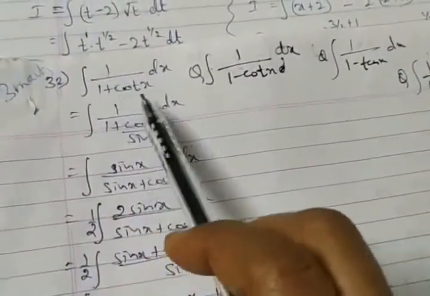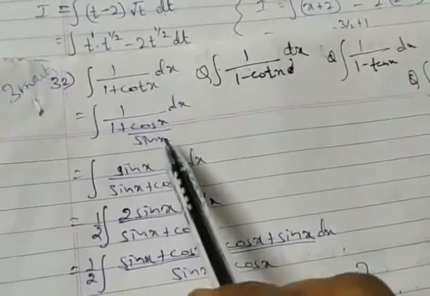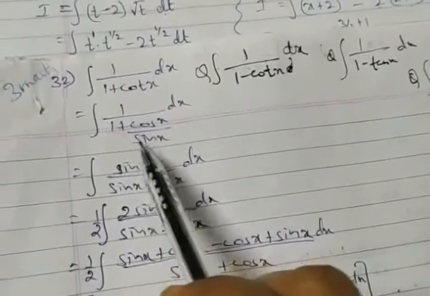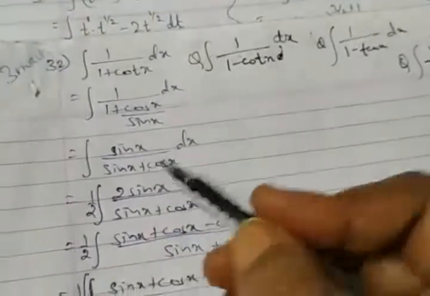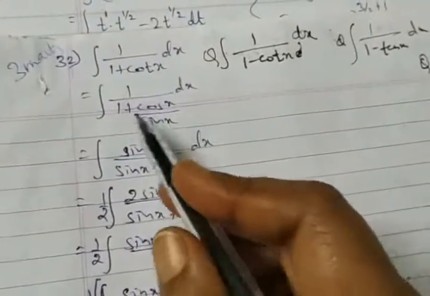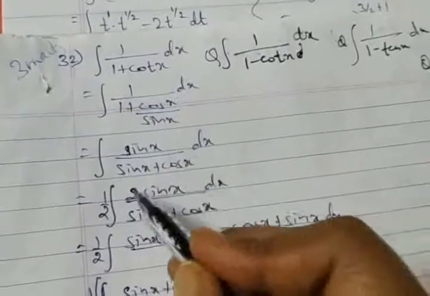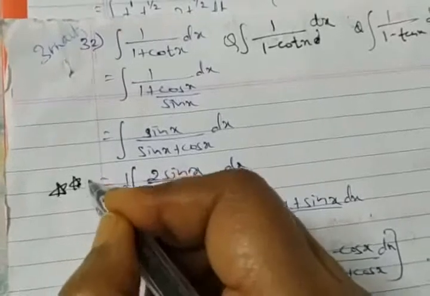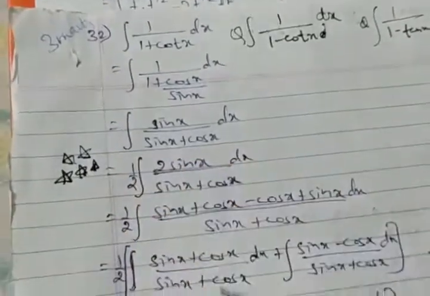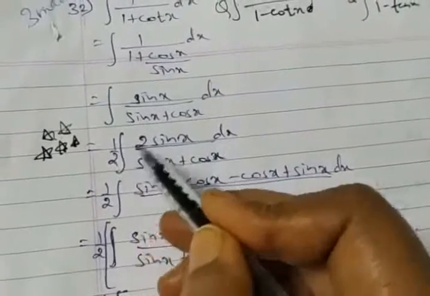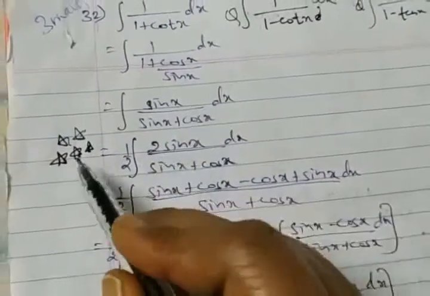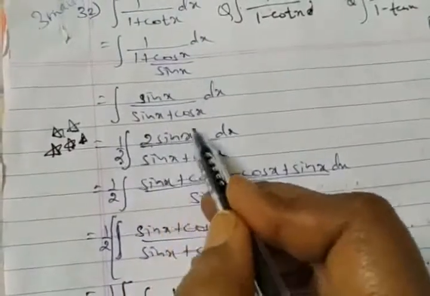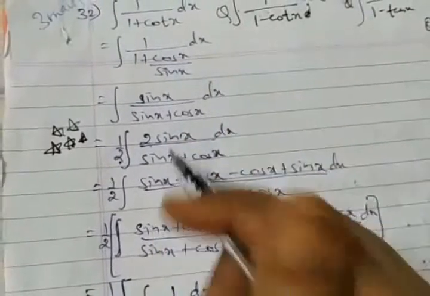It's integration of 1 upon 1 plus cot x, cot to be taken as cos by sin. Now go for LCM. LCM is going to give sin, and denominator taken as numerator, so that we are left with integration of sin x, denominator sin x plus cos x. Now at this stage, a small modification which I should call a 5-star step. Need to remember: multiply by 2 and balance it by 2. Remember this step. That's why I'm asking you to mark it here. So that in the numerator I should have 2 sin x.